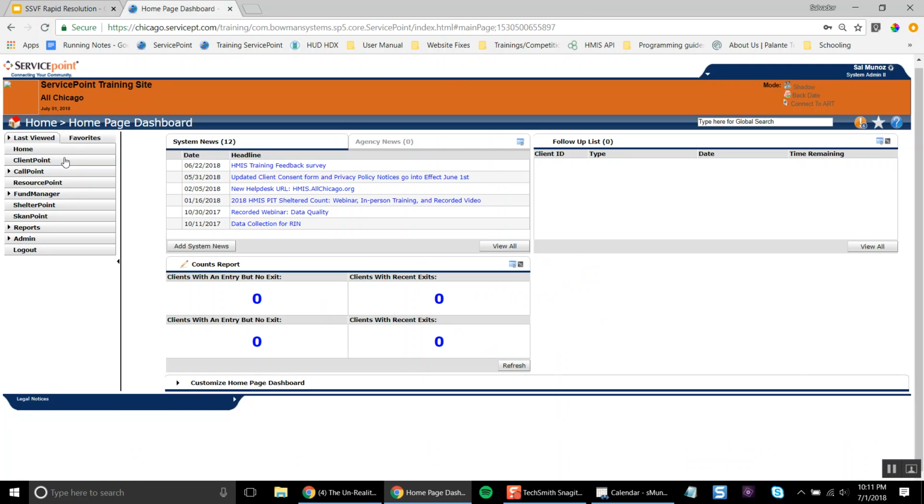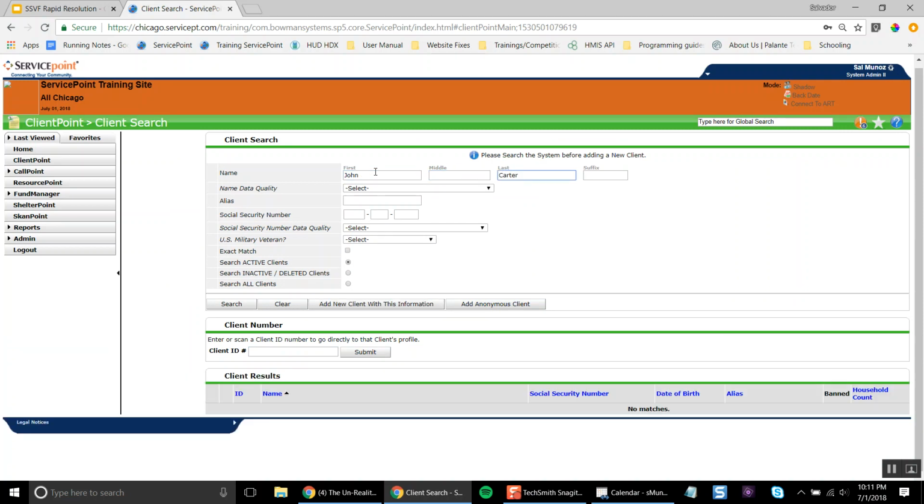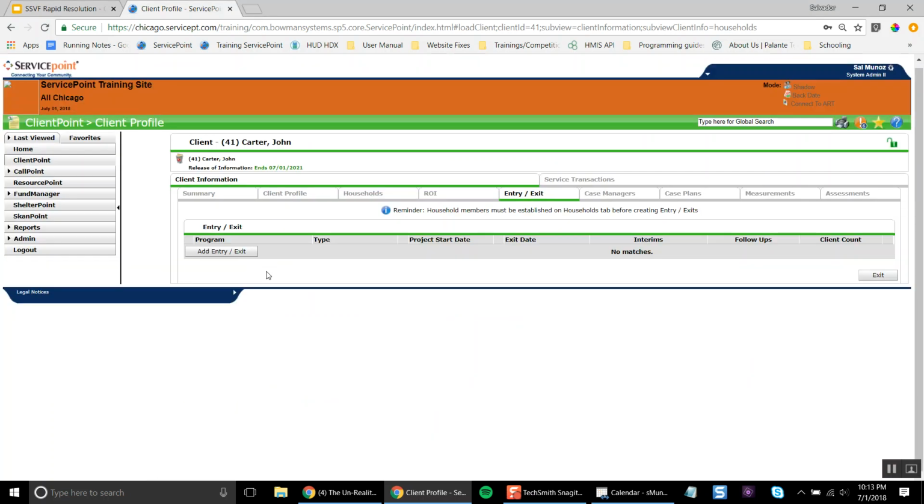So here I am, and what I'm going to go ahead and do is search for my client. So here I found my client, John Carter. After finding John Carter, I am going to go ahead and enter them into my All Chicago project. Again, we're going to pretend that this client is being served by an agency at All Chicago. So I'll go to the Entry Exit tab,